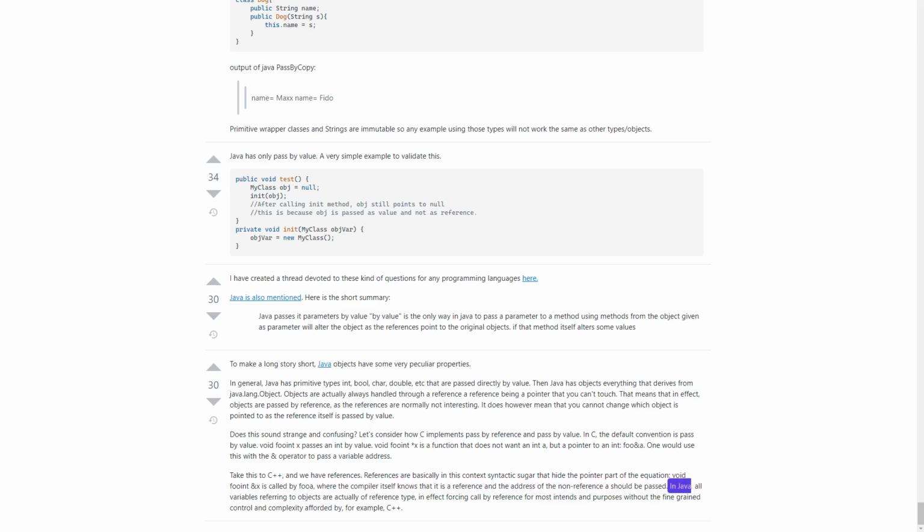In Java, all variables referring to objects are actually of reference type, in effect forcing call by reference for most intents and purposes, without the fine-grained control and complexity afforded by, for example,